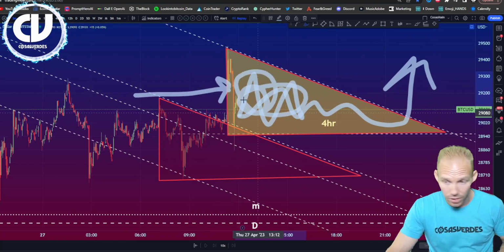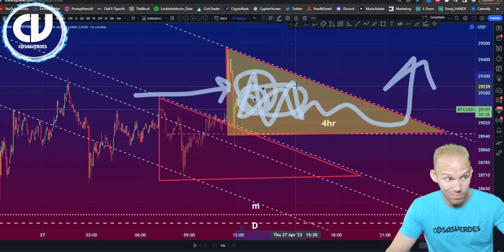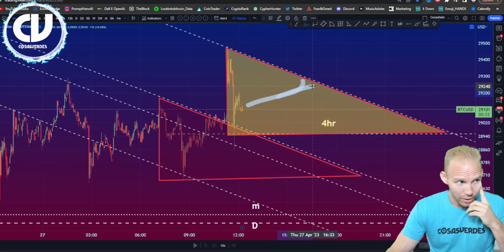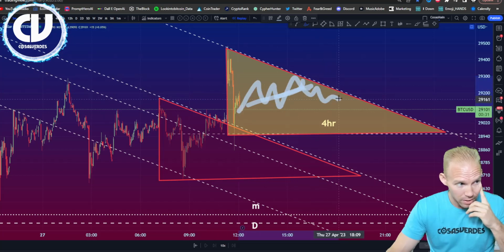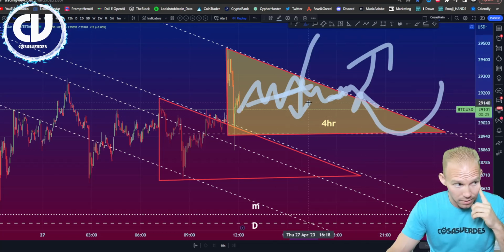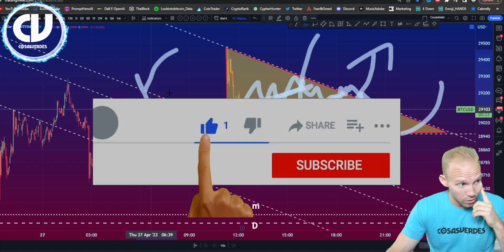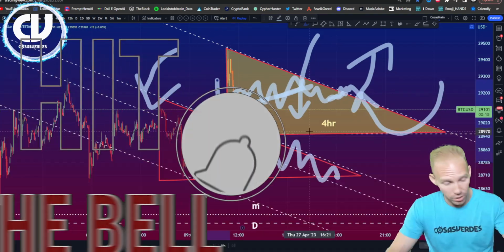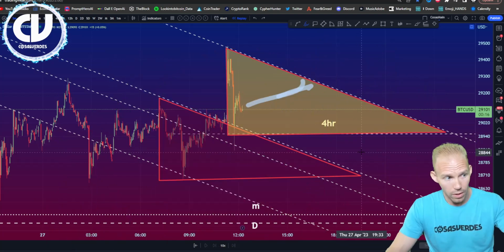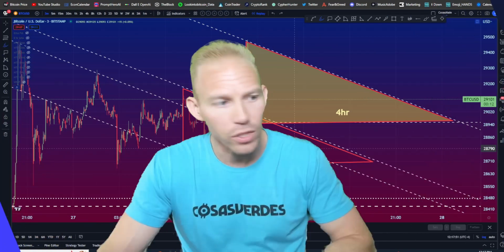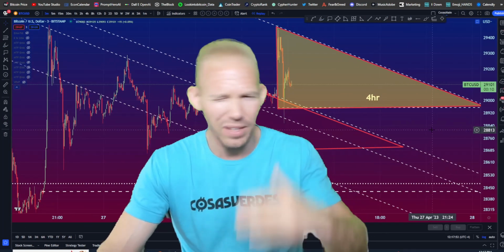So I'm not interested right now, and I know not to put my money on the line. Why would I do that for 1%? Wait till it gets above here. Maybe if it starts going like this and forming some higher lows like this, then yeah, I'll take that long trade. But I'm not trading inside of this. I would prefer it to go under this line, back into the red triangle where I am interested in shorts. Okay? And in my journey to trading during the daytime, as opposed to more of a day swing hybrid